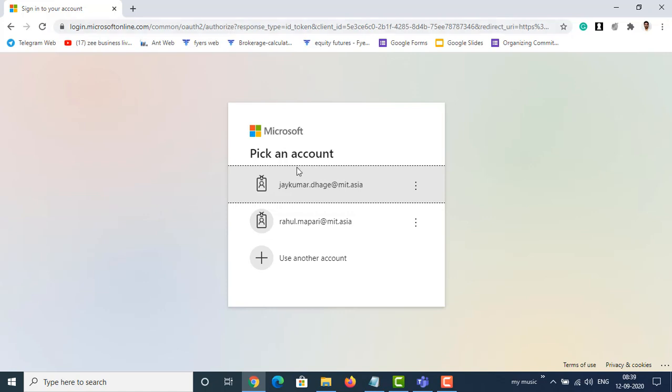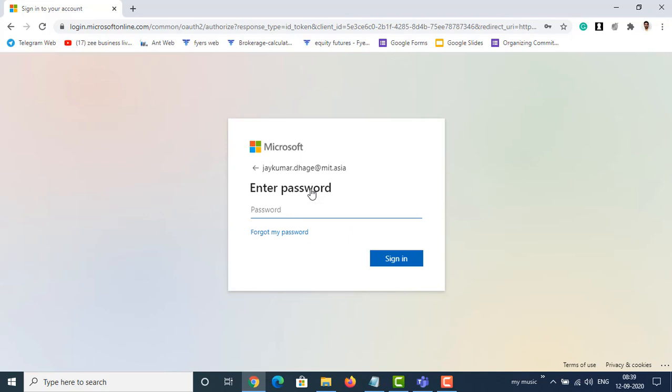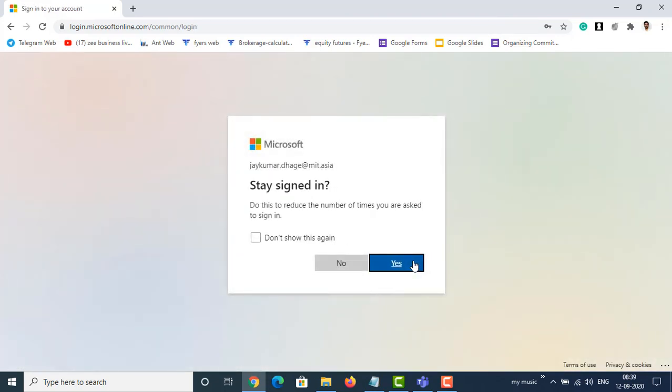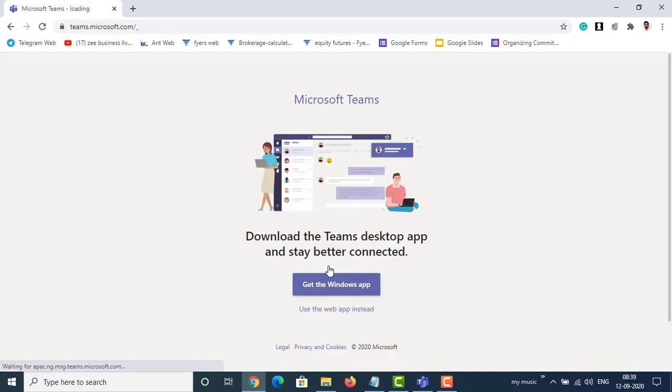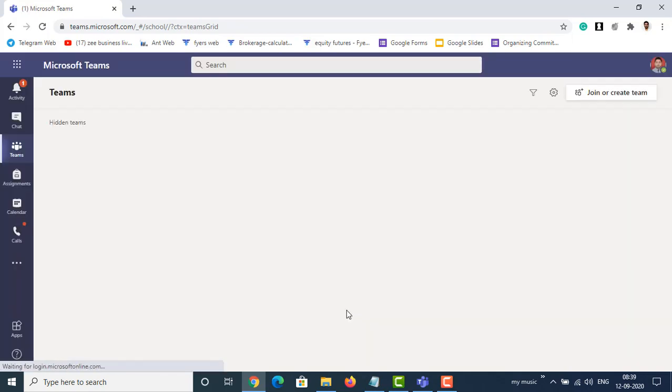For that purpose, here we are going to provide our username, which will be the official email address, and then the password. Now click on this link, use the web app.